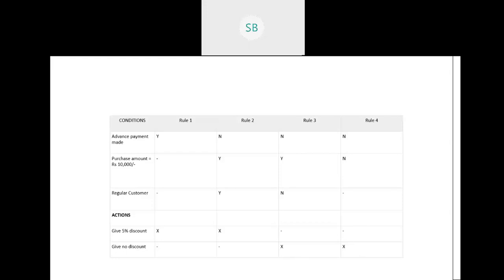Now is someone not clear? I'll be sharing the slide. Please go through it once. I hope it will be more clear once you go through it. The condition entry you can do yourself by going through the decision tree: wherever it is Y, just put Y, where it's N, put N. Only this part you need to understand, how to find the actions by counting the number of Y's and N's.